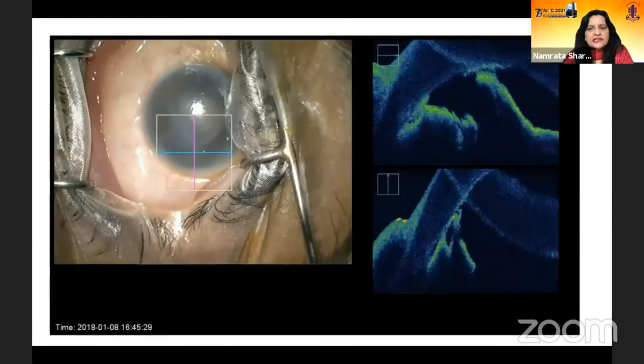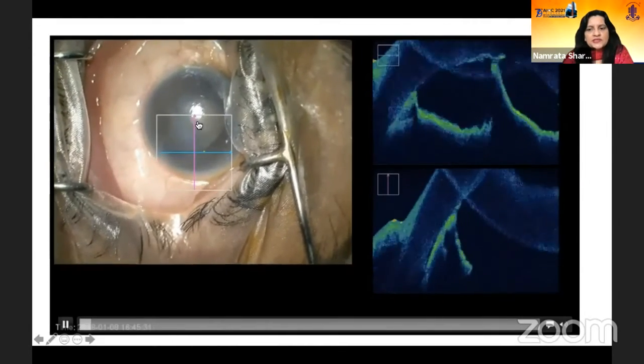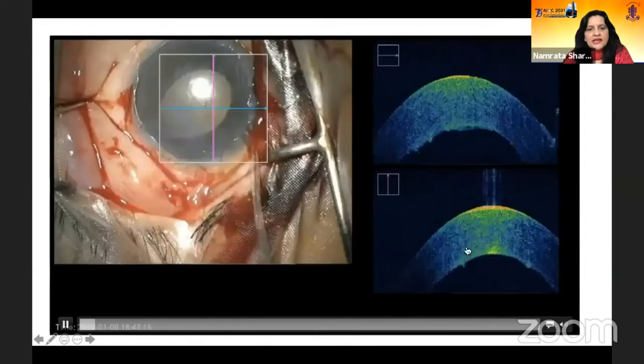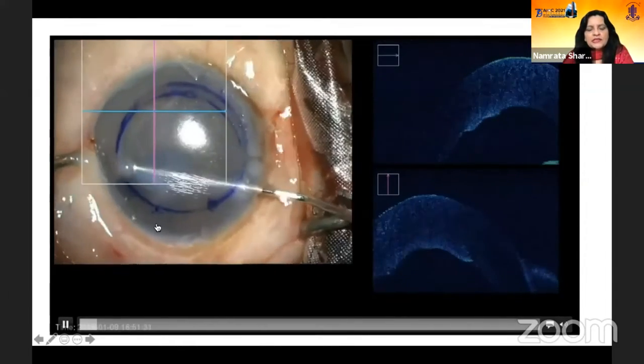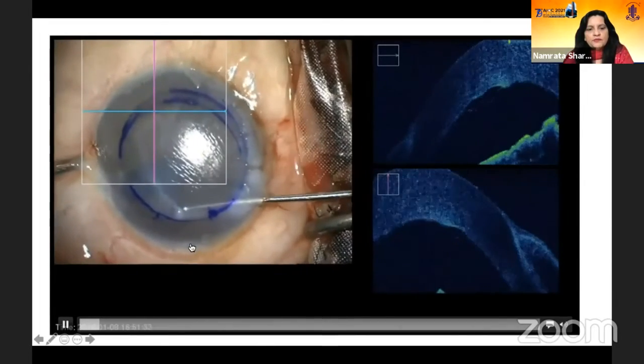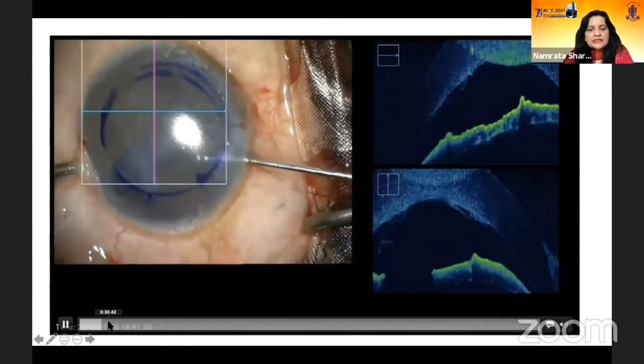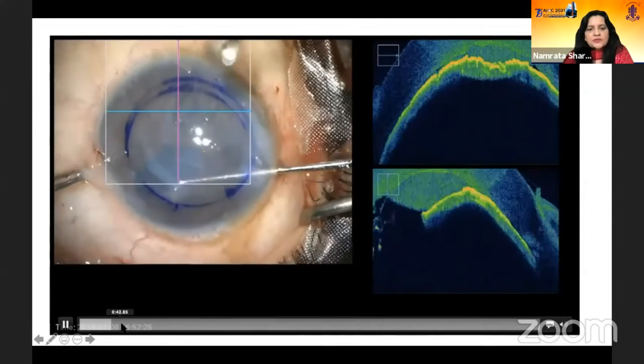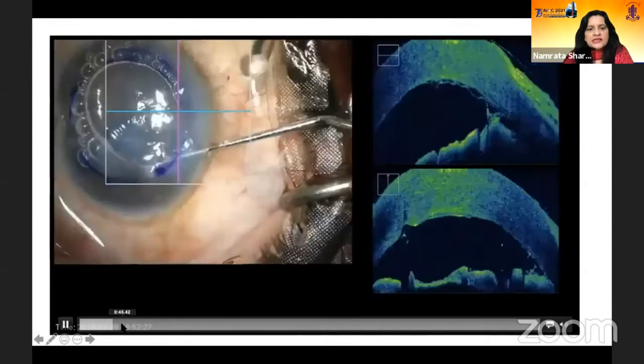the difficult case scenarios. Now, if you have an iris syndrome such as this, you can make out that the iris is stuck to the back of the cornea there. And then when you remove the epithelium, it gets a little more visible. And the descemetorhexis is then done so that the diseased Descemet's membrane is removed with the help of the reverse Sinskey.